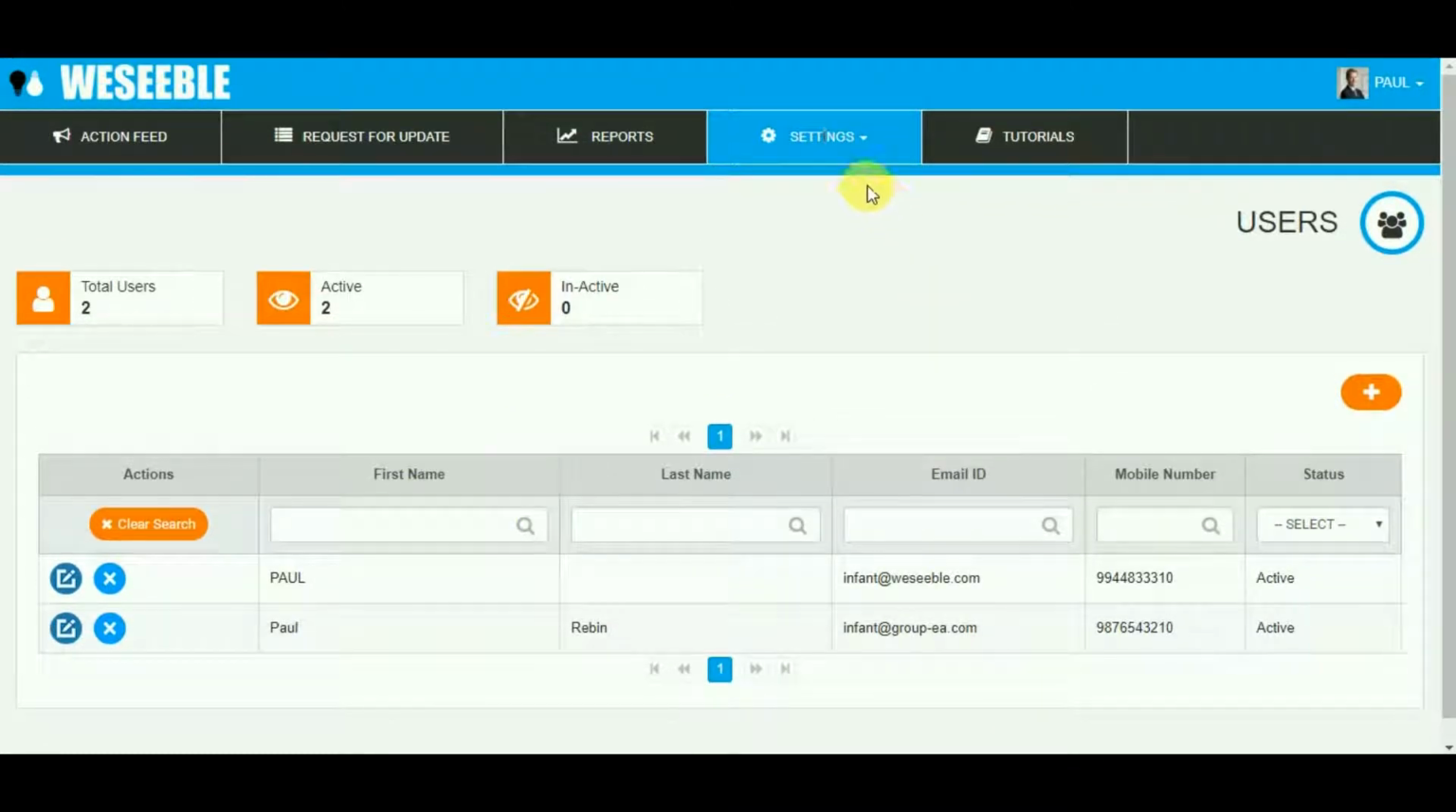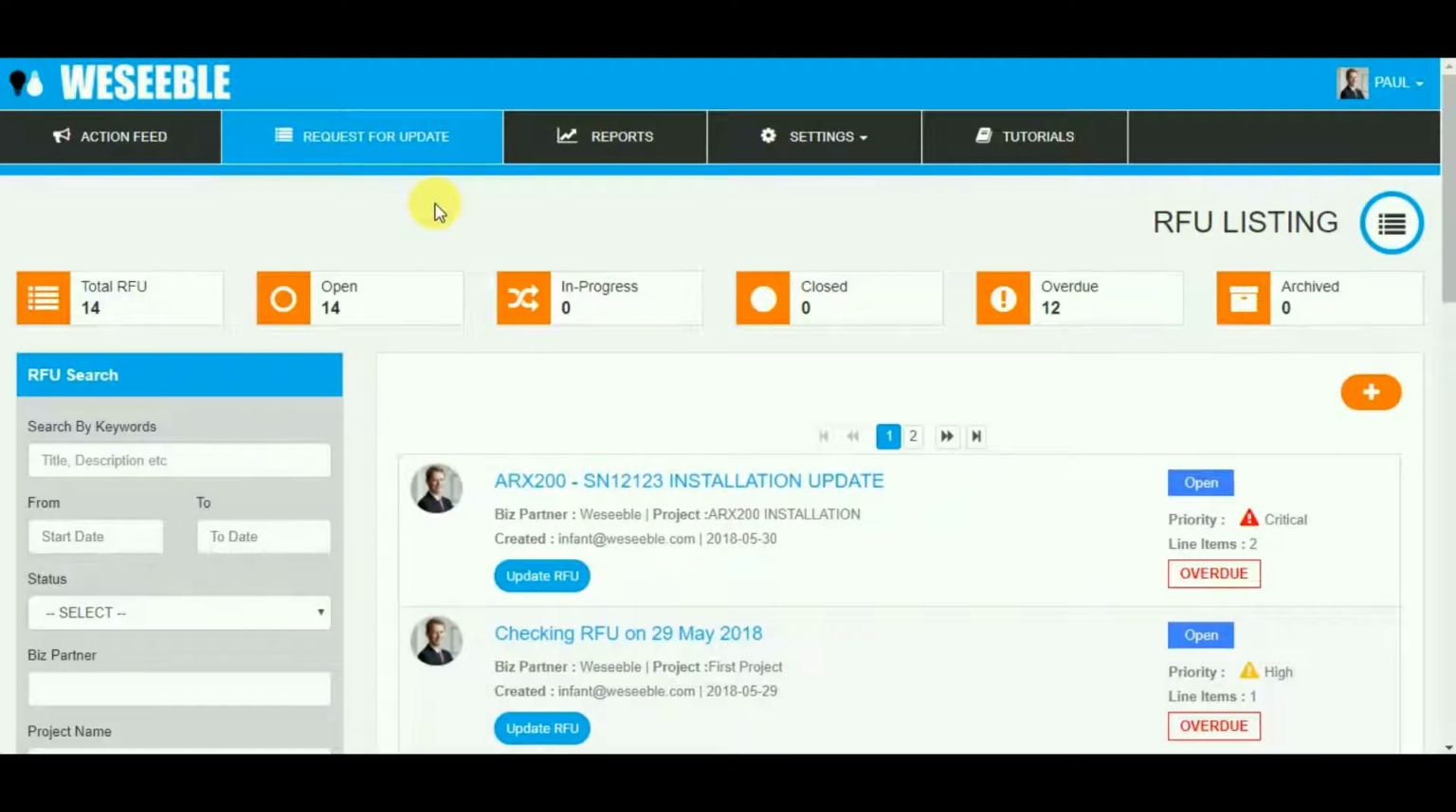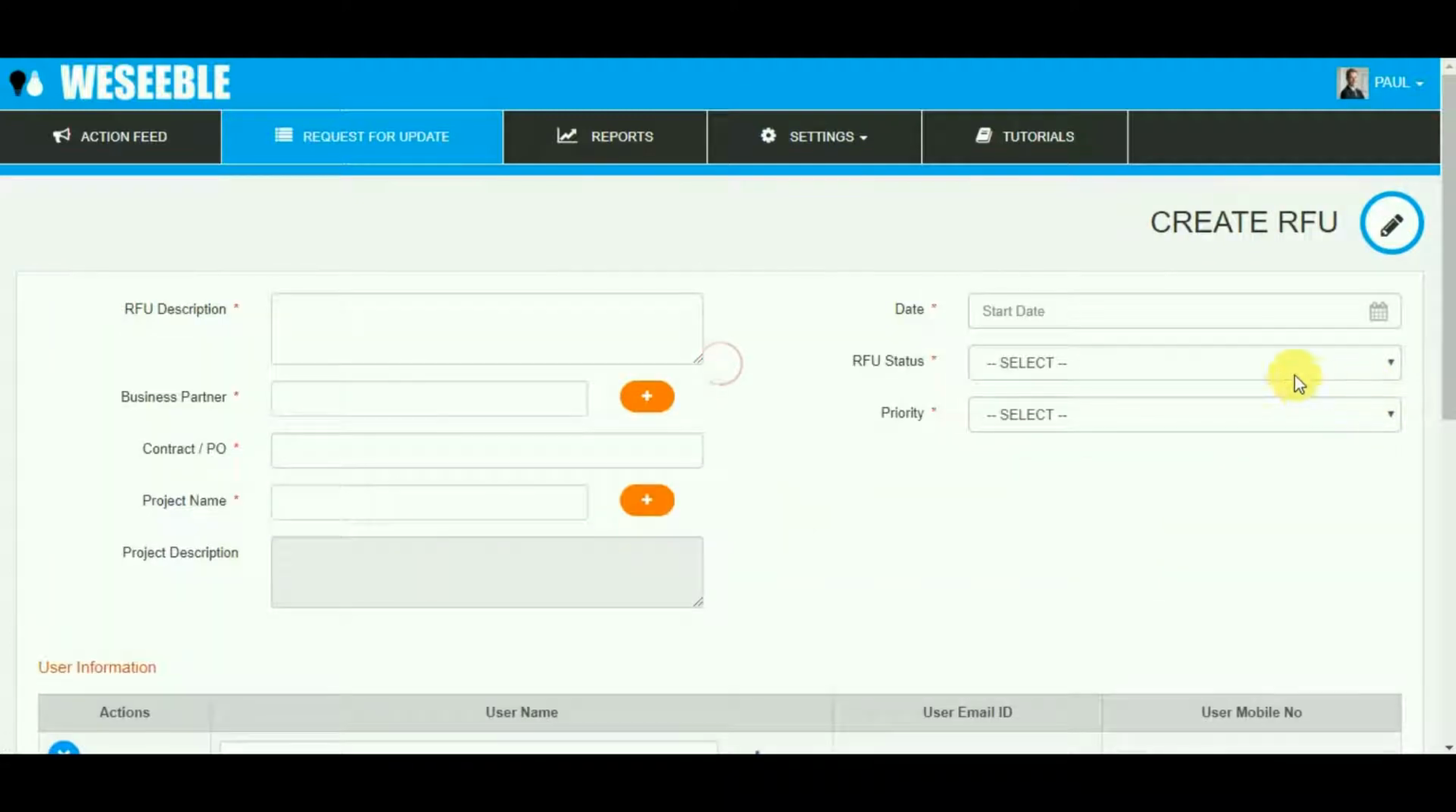Once you have created all your master informations in the settings page, you can move on to request for update. Well, this is where you're going to call in all the master informations and ask for an update. So you can add a new request for update, or what we call as an RFU here. So you can just put a description for the request for update, like sample batch for Zara jacket. I'm just choosing some random names here,